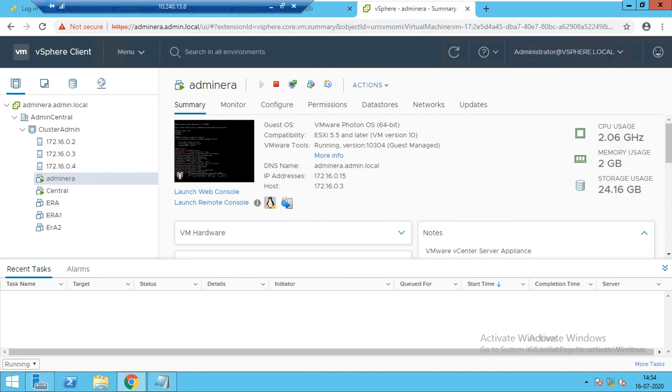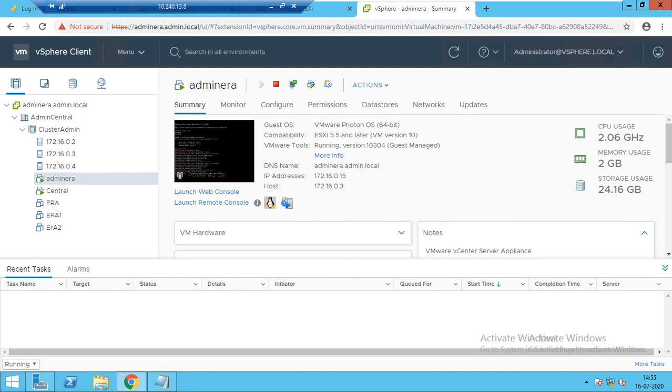You can say it's a copy of your virtual machine at that time. So 90%, 95%, or 99% of people in a production environment take a snapshot before upgradation.